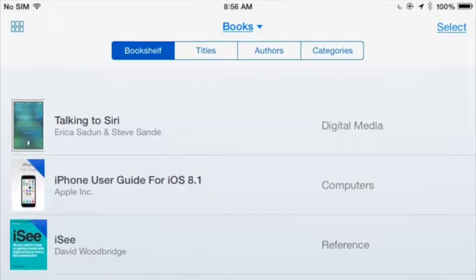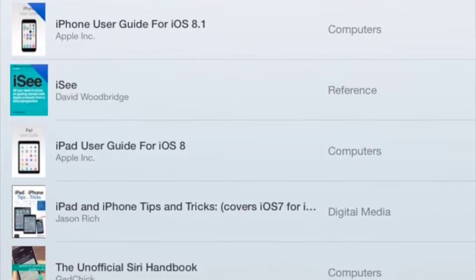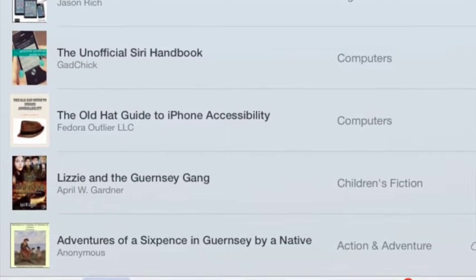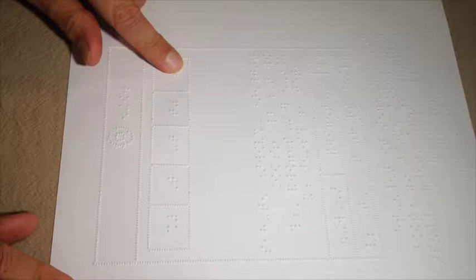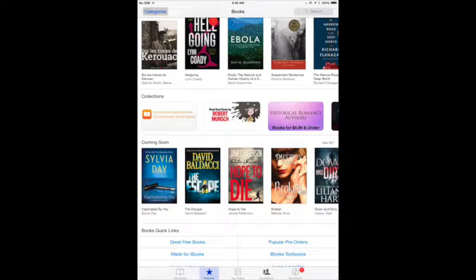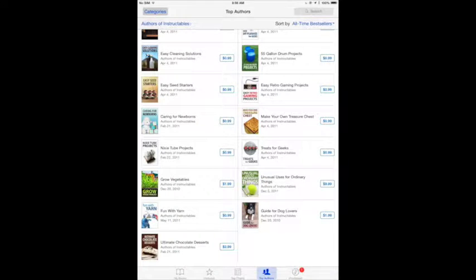bottom. Selecting My Books will display a list of your books with slightly different controls, which we will demonstrate in video number 22. Selecting any of the other 4 tabs, Featured, Top Charts, Top Authors, or Purchased, will take you to the respective screens in the iBooks store. You can also access the iBooks opening screen by double-tapping the Library button, which appears in the top left-hand corner